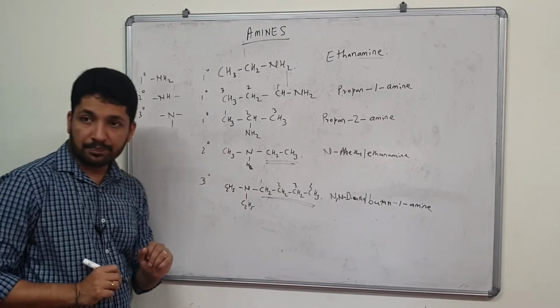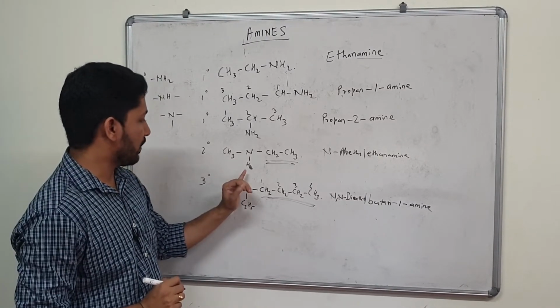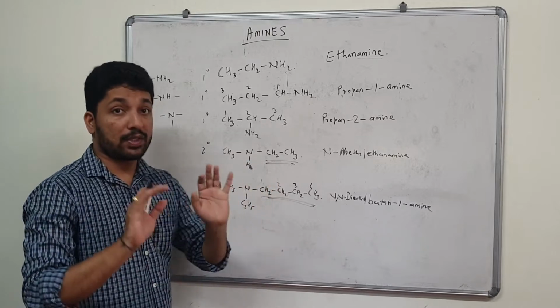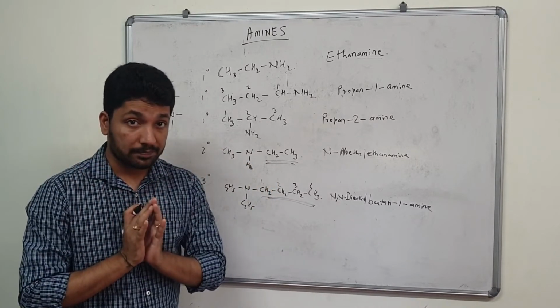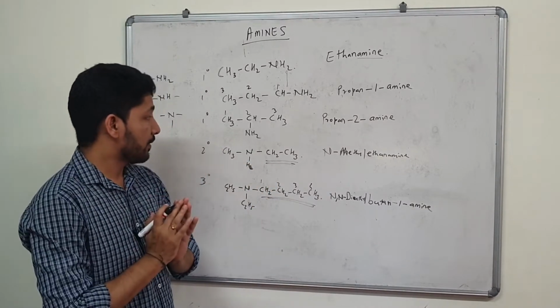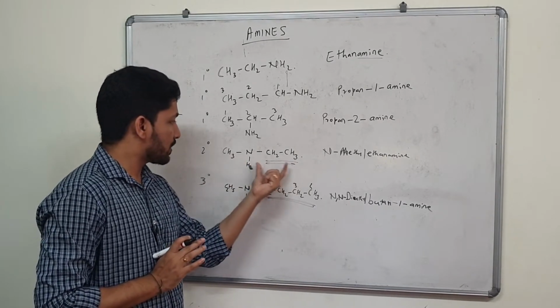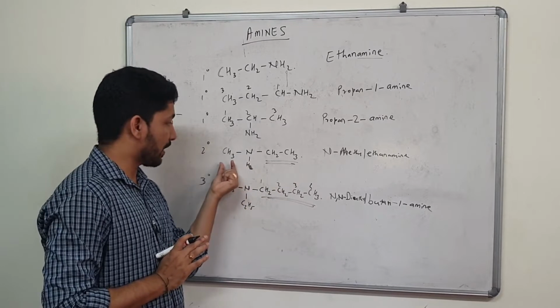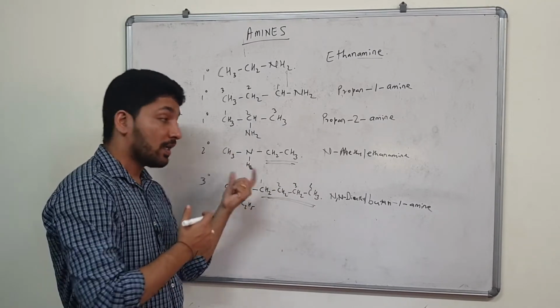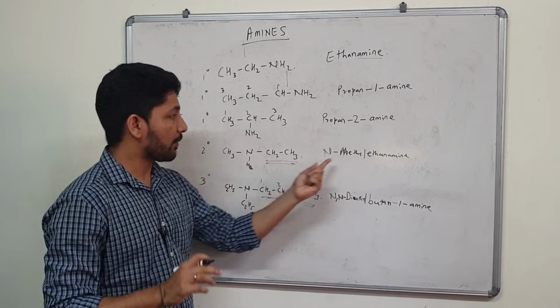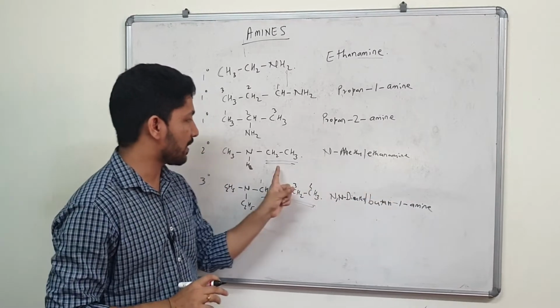And how do we name it? So naming of the secondary amine will be like, it has a total of 3 carbons, but we do not name it as propanamine, we take the longest chain. Now among these two, which is longest? This one, right? This is ethyl, this is methyl. So methyl becomes a branch and ethanamine becomes the base compound. Did you see? Ethanamine is the base compound.